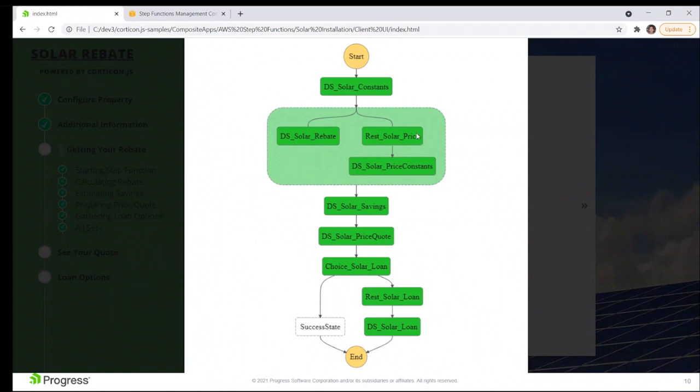But at the same time, we're executing the REST solar price call because that's going to take a little bit of time to get a response from a REST service. This one is going to be a few milliseconds. But at the end of the day, out of this parallel step, we're going to get more JSON data that is going to be used by the decision service. So the key thing here is that